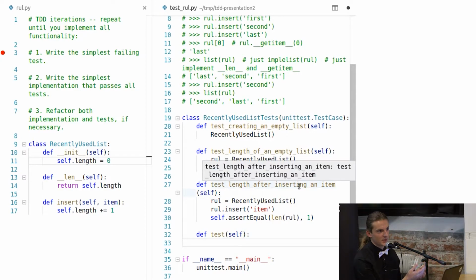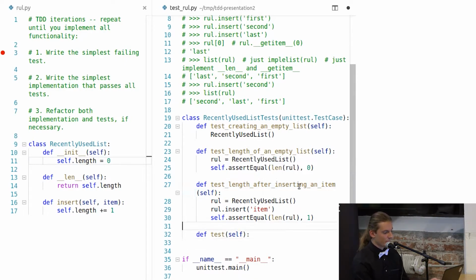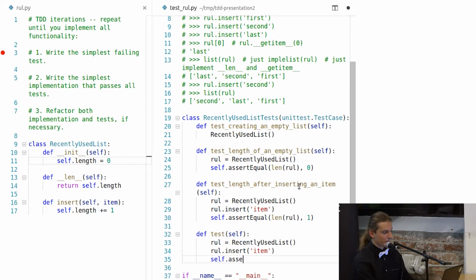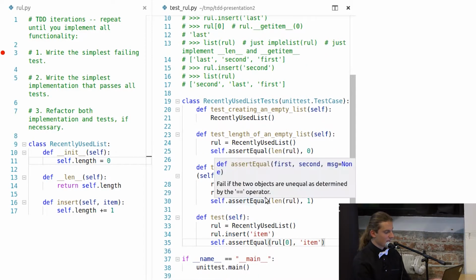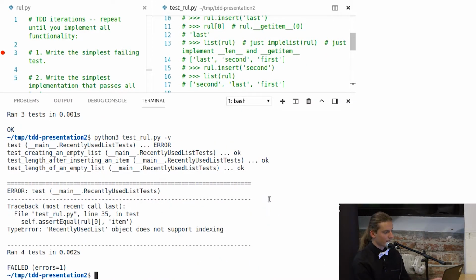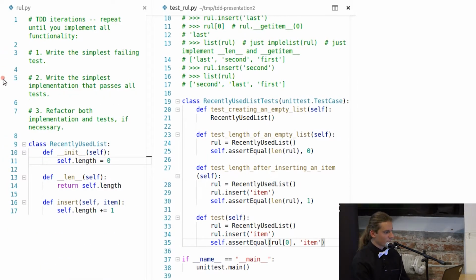We have the refactoring step, so I can rename it in the refactoring step. And for a moment, just ignore the name of the test. So it will be something very similar, but the assertion is different. So what I really want to test is if the item is stored at the first index. And now I run tests to make sure that it fails. So now I can move to writing implementation.